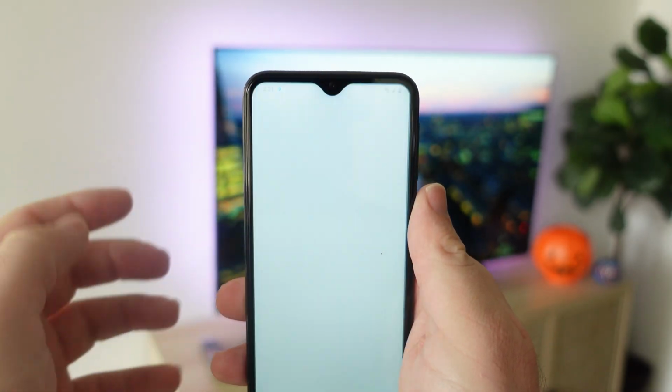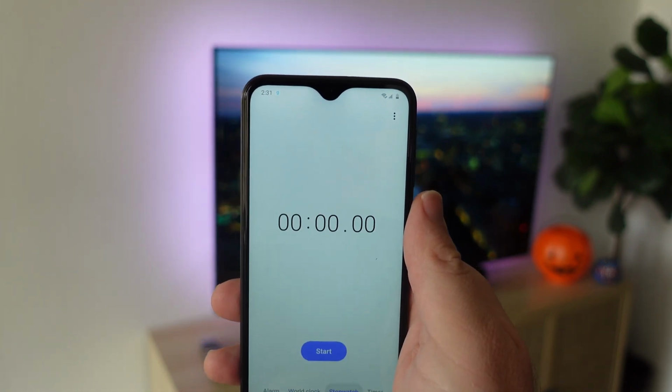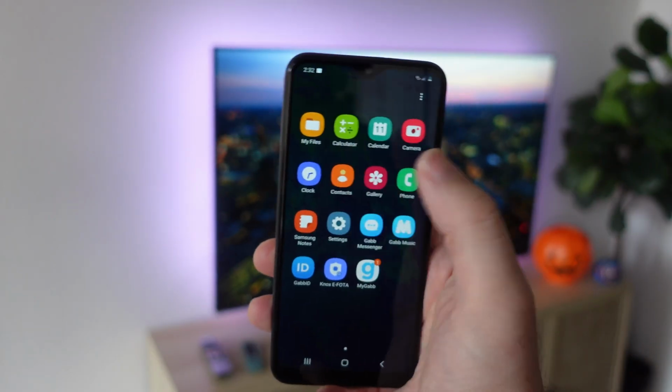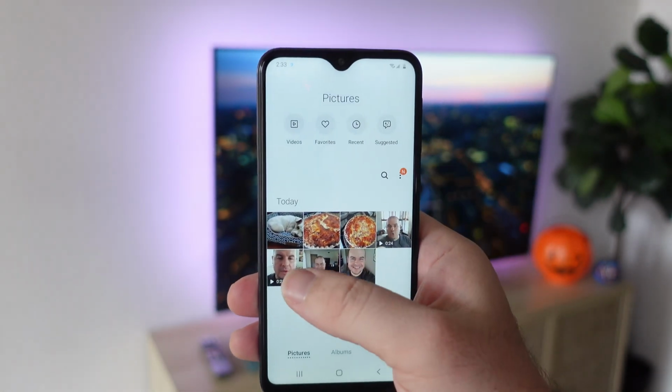You got your clock next. Your clock is going to allow your kid to set an alarm, to do a world clock, to set up a stopwatch, or to do timers. Very, very helpful stuff. Next, we have contacts, and contacts is where they can add any and all contacts that they would have to call or text. This is your gallery app to look at all your photos and